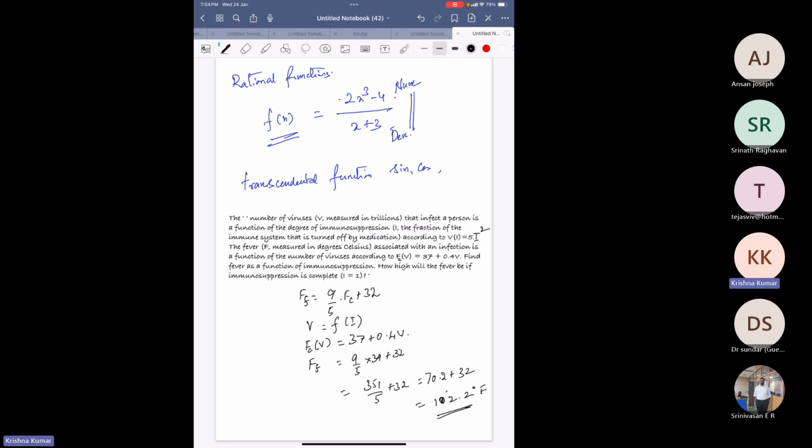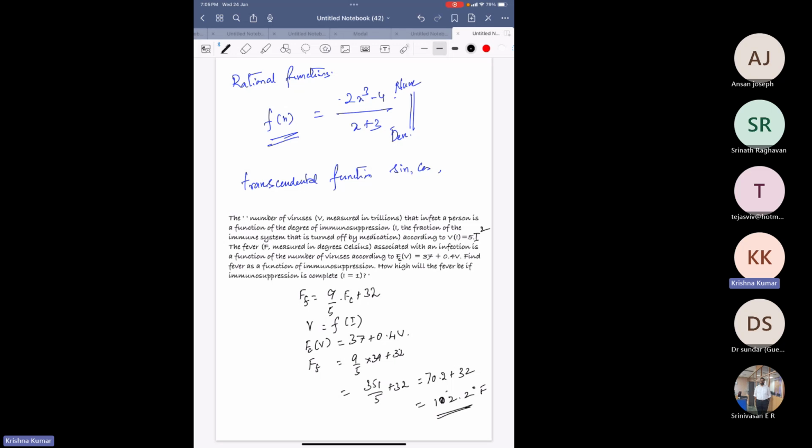If it is 1, then it is turned off, so it can vary from 0 to 1. Virus completely turned off means 1, and on means there is no immunosuppression, so there is no virus. Let us say there is a relationship between this immunosuppression and the virus, which is given by